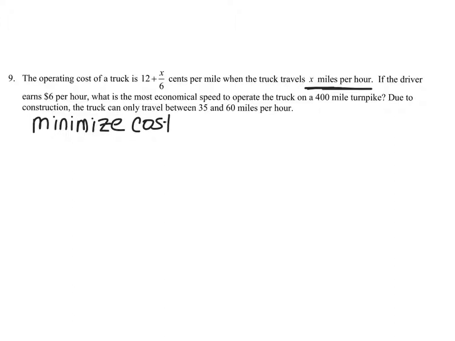I gotta thin down some of my files here because it's starting to lag again. All right, so we have the operating cost, that's basically the amount of money per mile. So we can address that in a second. And then we're dealing with the driver and how much that individual would earn per hour. So we need some expression that's going to represent in total how many hours he's driven, because our cost we would look at as the operating cost of the truck,